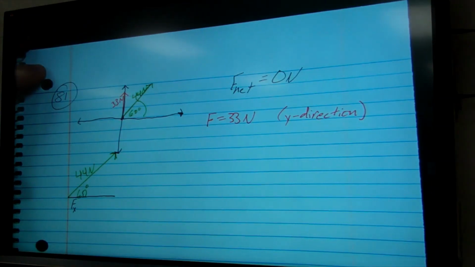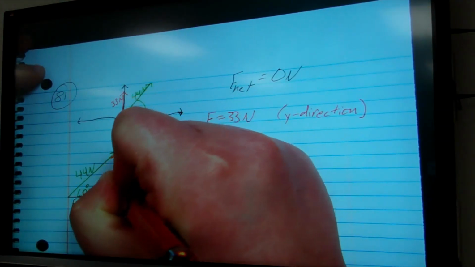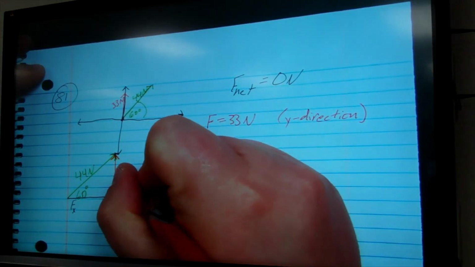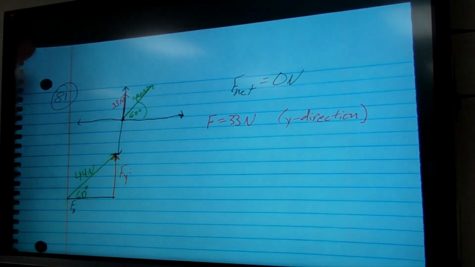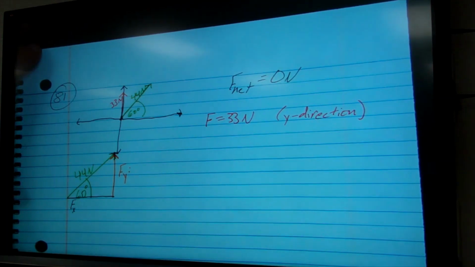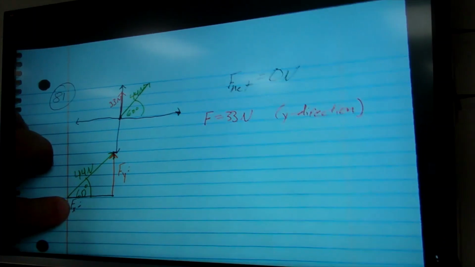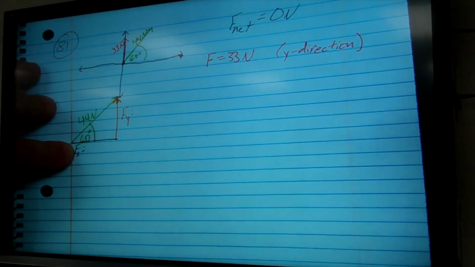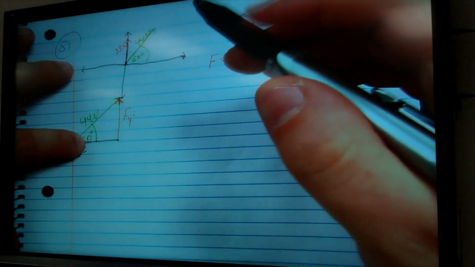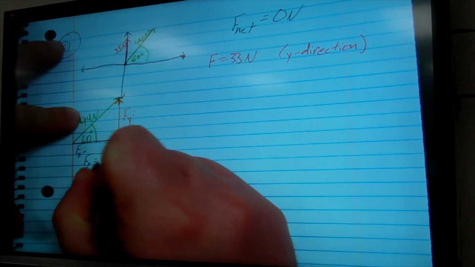But then along with this, we have the force in the y direction. So now whenever we're looking at it, we're going to use this angle to figure out all our information here. I'm going to start here with the force of x. For this force, the x component of it, I'm going to go from this angle. It's going to be adjacent over hypotenuse. So F of x is equal to,